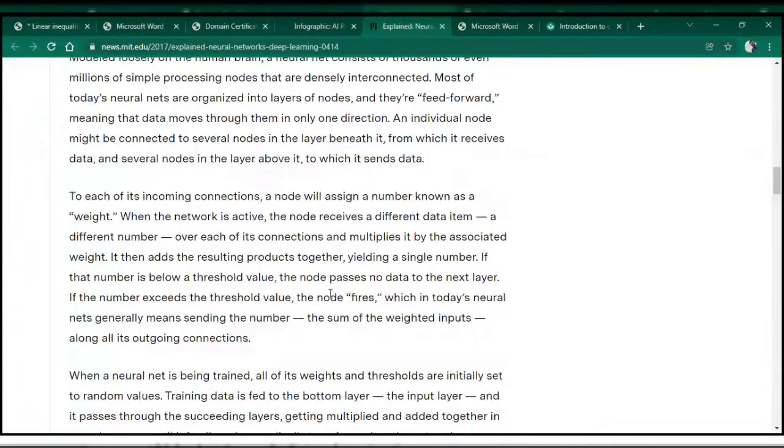This is where the node fires. See, this part is what I was saying: the threshold value, the node fires. If the number exceeds, say I set the number that it is more than 5 sides, accept it. Then if it is a hexagon, heptagon, or octagon, it will accept it. If it is fewer than 5 sides, it won't accept it. It won't fire.